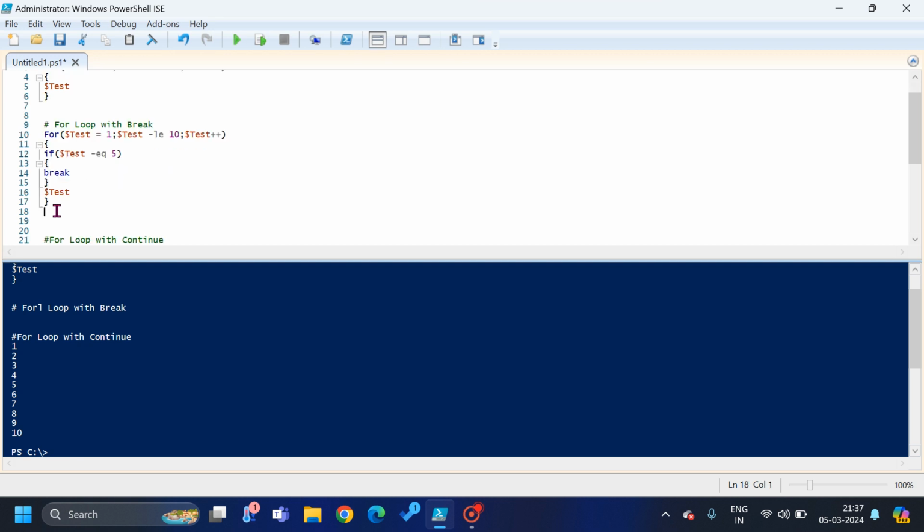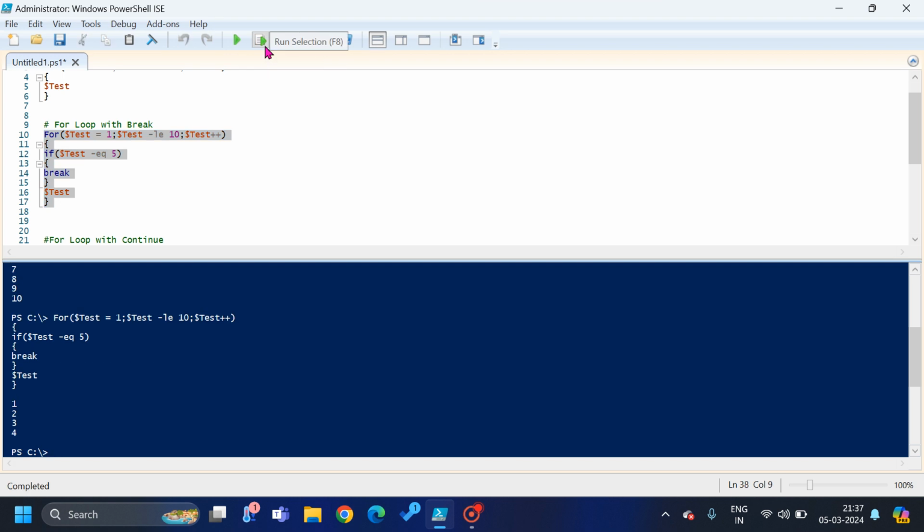So let's run this, and you can see that it prints 1, 2, 3, 4 only. Why? Because first of all it initializes it with the 1, it checks that condition is there, then it comes inside the if condition and says that test is right now not 5, so it prints the value of test